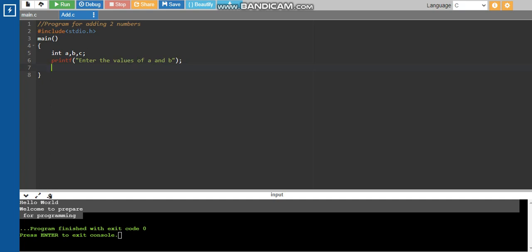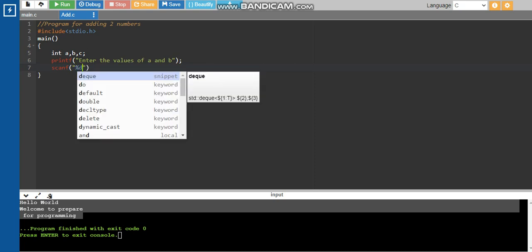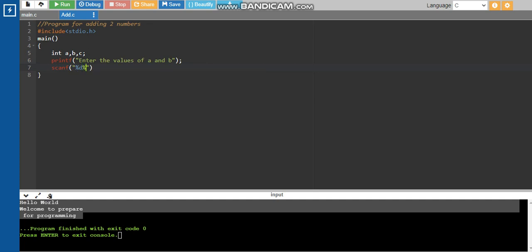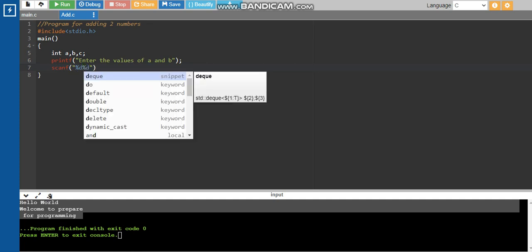Now you are prompting the user to enter two values. So here it is scanf, and the format is something like this: opening bracket and two %d symbols inside. You can give a space over there, or you can do it without the space.